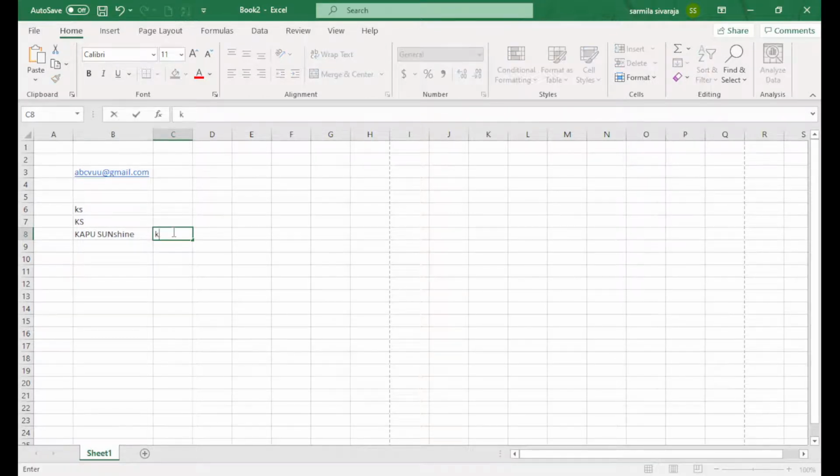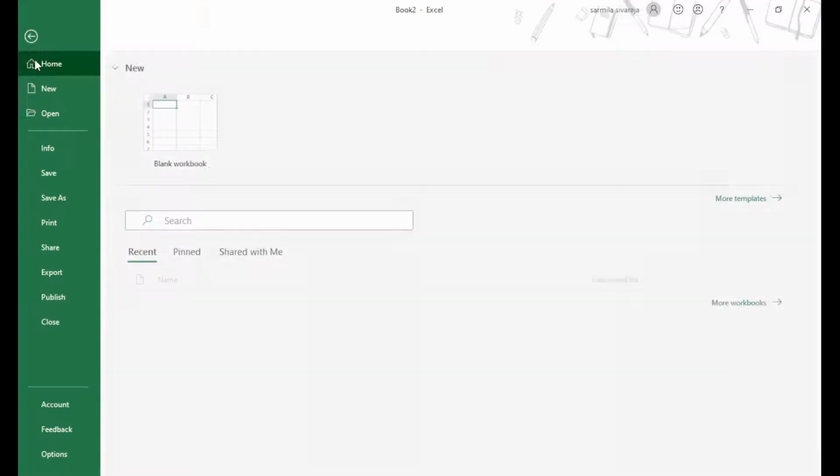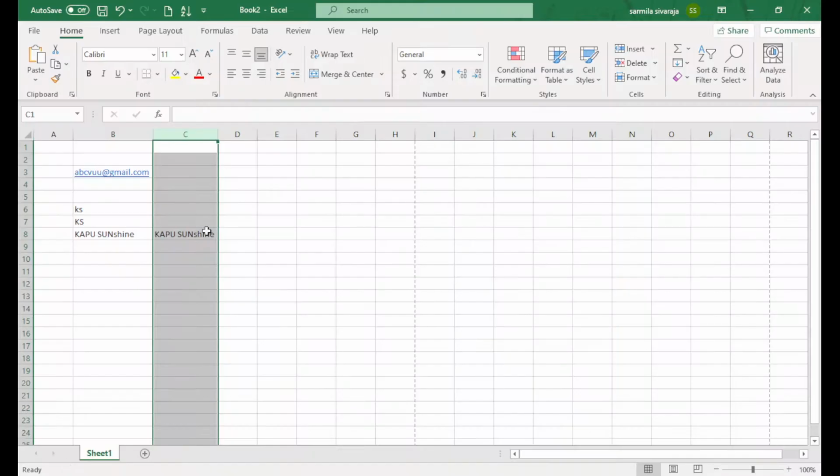So when you type KS and press the tab button, it by default takes that wording. So based on this, you can use any keyword for your purpose. I use KS, so I can select that one and I can delete that option also. Same as the email, I will delete this. So you can use this option.